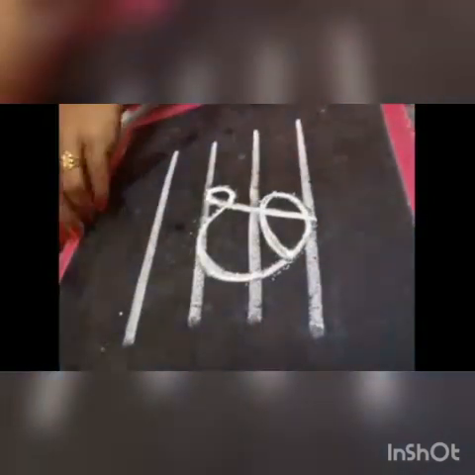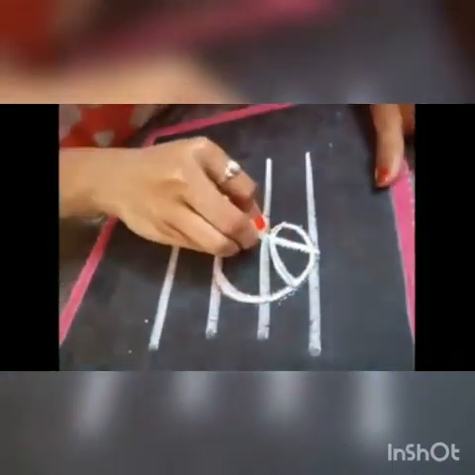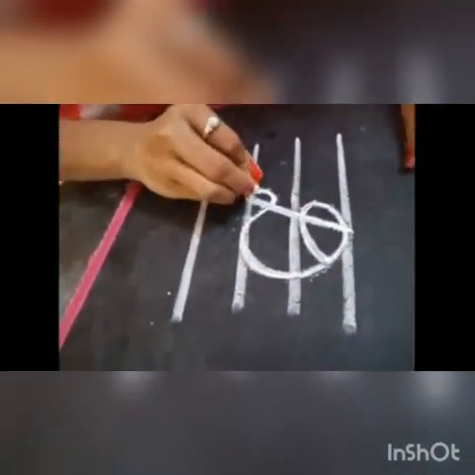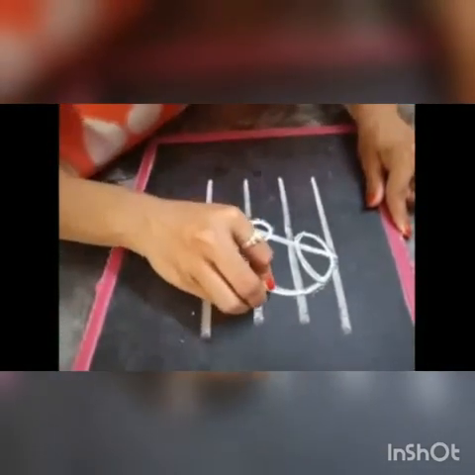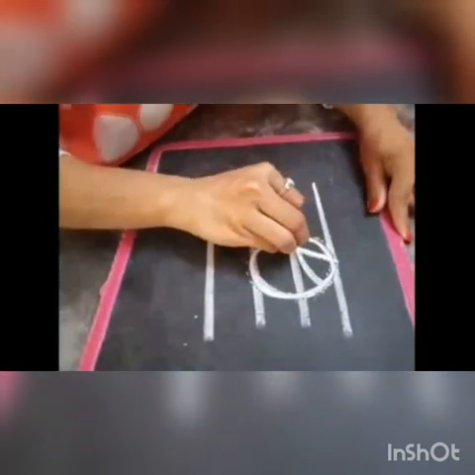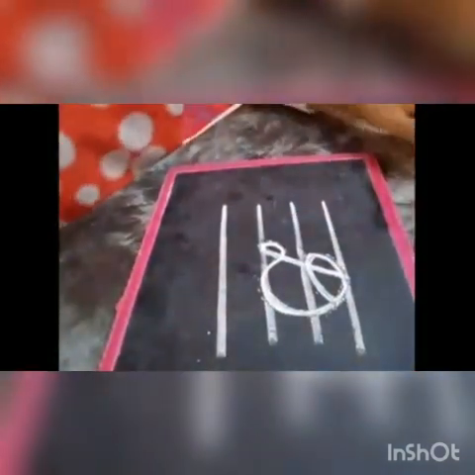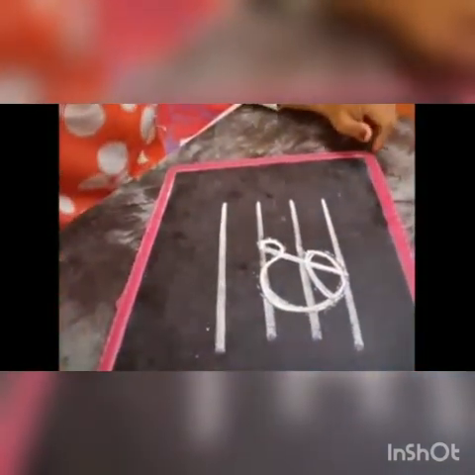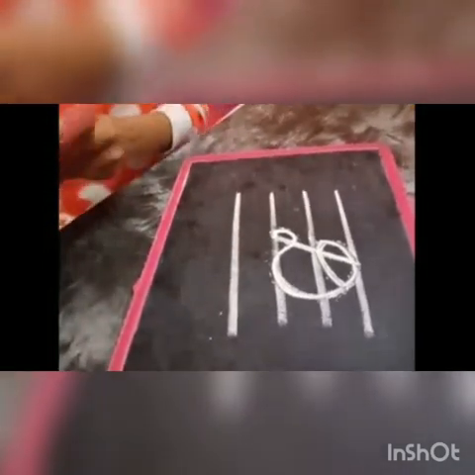Clear? Again look at here. Start from here, come down by slanting line, then make a small curve, then make a big curve, again a curve, and come like this and touch that part only. So this is letter D. Now let's learn how to write letter D in the notebook.